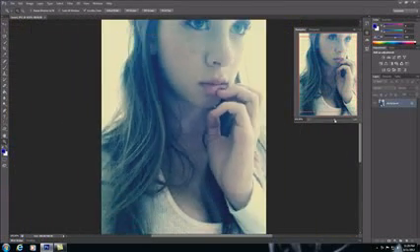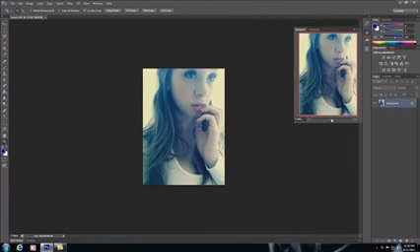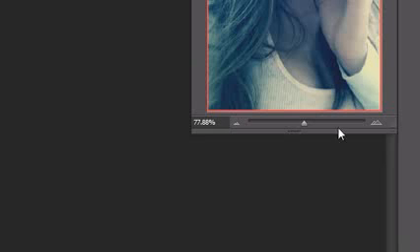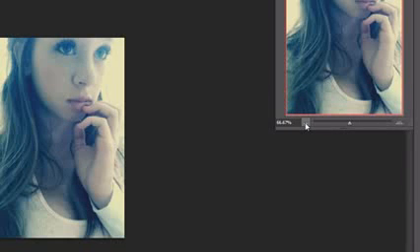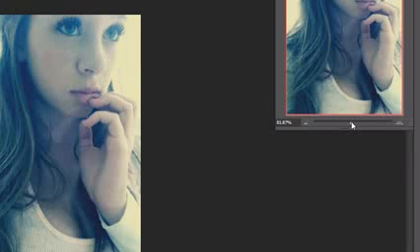Now, of course, if you want to zoom out, you can either use the slider or you can use these two little mountain icons next to it. Small mountain, of course, zooms out. Large mountain zooms in increments. Now the last technique that you can use is